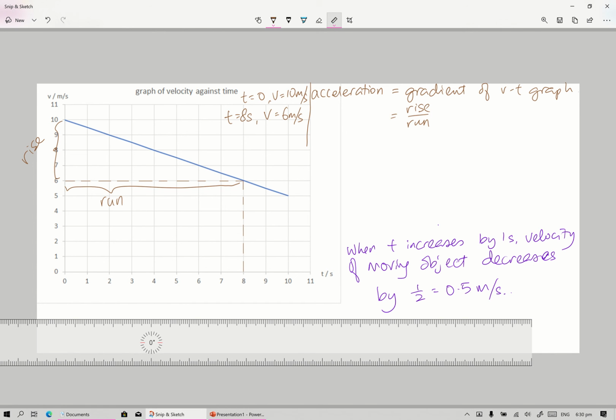Time can only increase, so your time increases from 0 to 8. How about your rise? When time increases from 0 to 8 seconds,